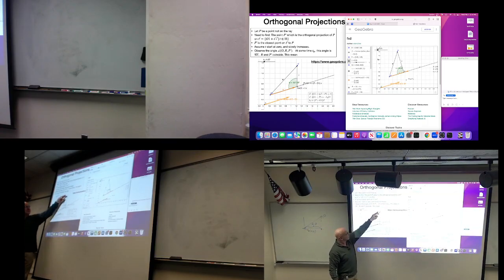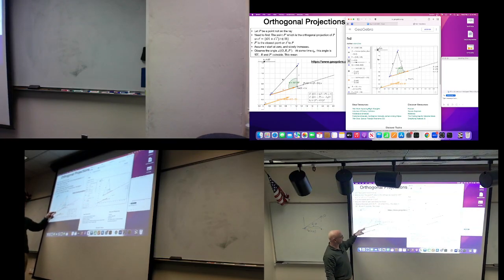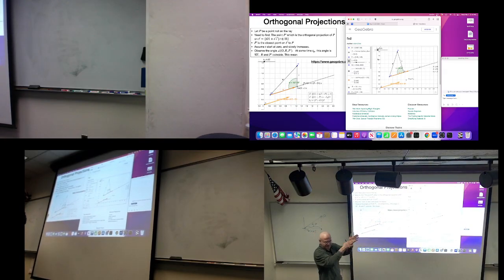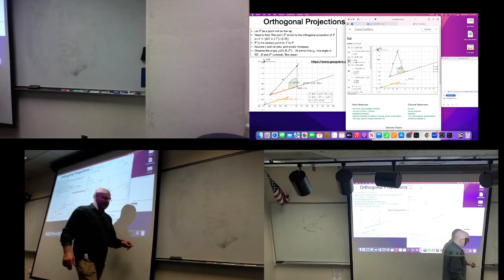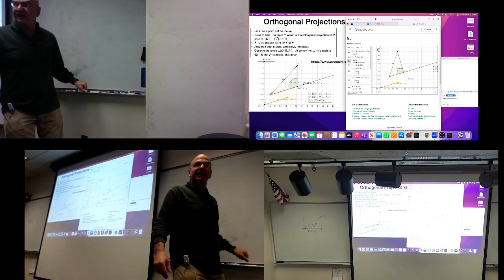Same goes here. Look at the vector P, dot product V. V is just an x vector, just differently oriented, and that gives you the length